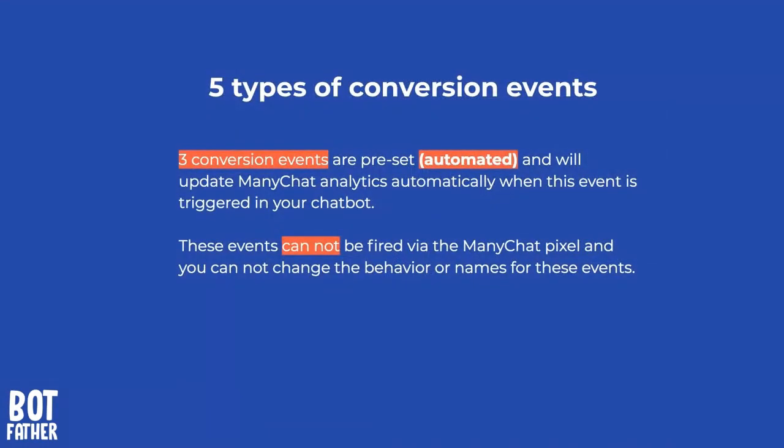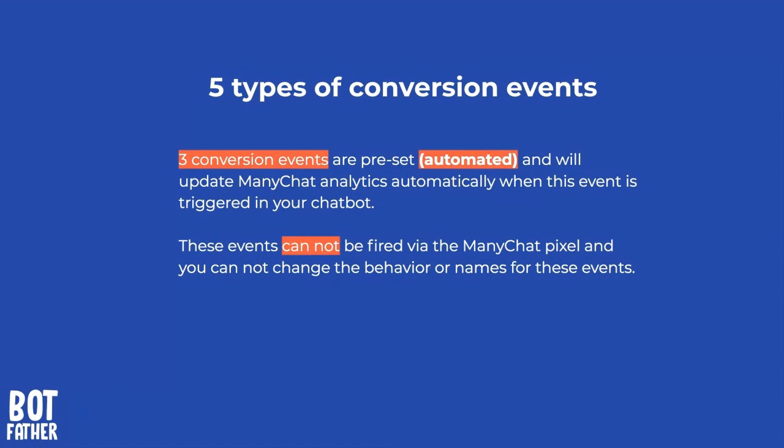Now, as said, there are 5 types of conversion events. 3 out of those 5 conversion events are preset. They are automated, and ManyChat will automatically log these events in analytics when this event is triggered. I'm going to look at those in a little bit. What you need to know about these automated preset events is that you cannot change them. These are just like the system fields in ManyChat, which we're still not able to update automatically. But these ManyChat events cannot be altered. You cannot change the name, and you cannot change how and when they fire. Again, we're going to show you that in a little bit, but you just need to get your head around those